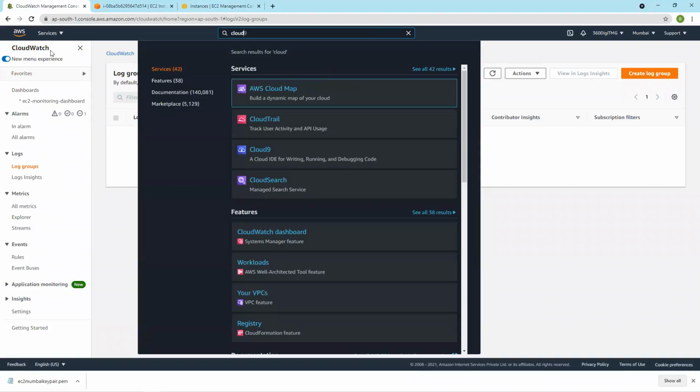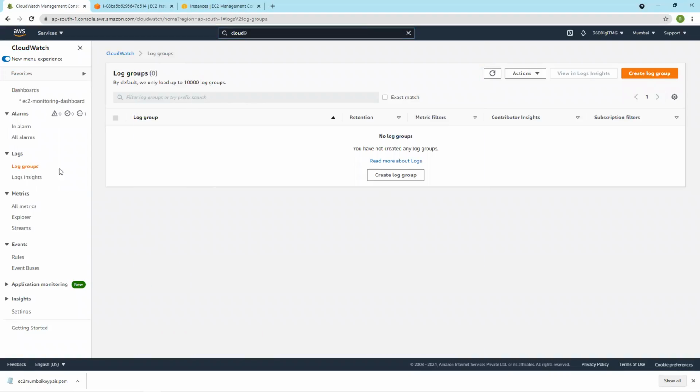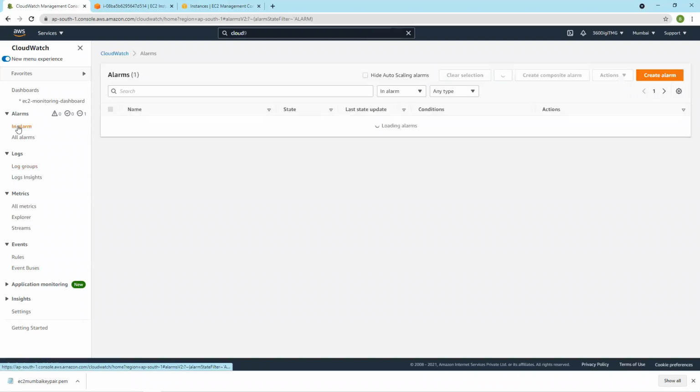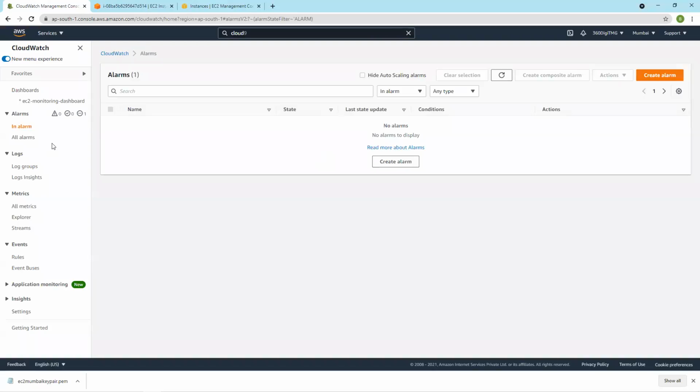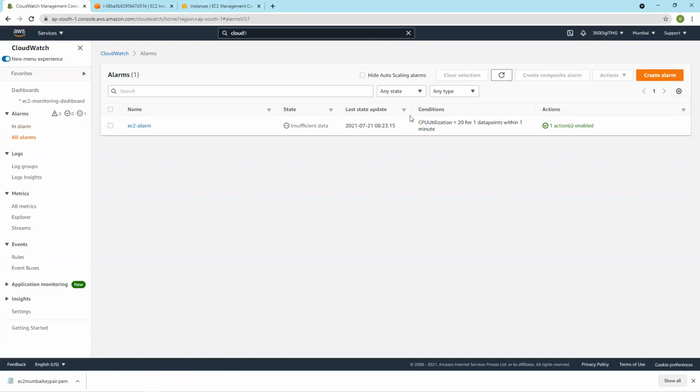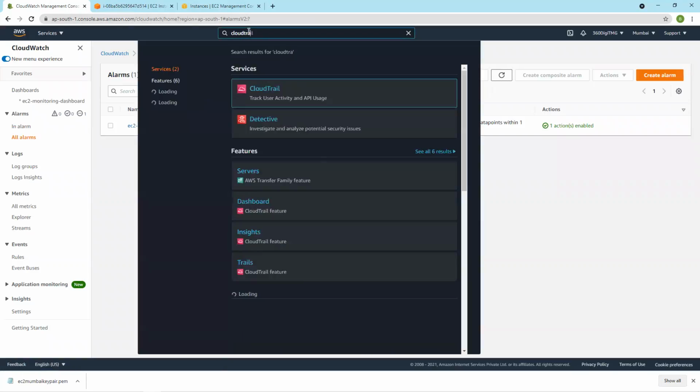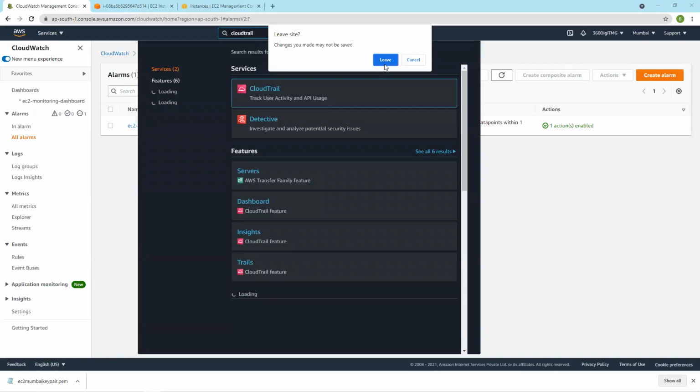So this is CloudWatch. CloudWatch is a monitoring tool. You can monitor and set alarms. We have something called log groups and events also, which we are going to talk about now. Meanwhile, we'll check this, in alarm, no alarms. Okay, anyway, it takes some time. Coming to CloudTrail, before talking about these log groups and events, we should know about CloudTrail. All the things which we are doing.